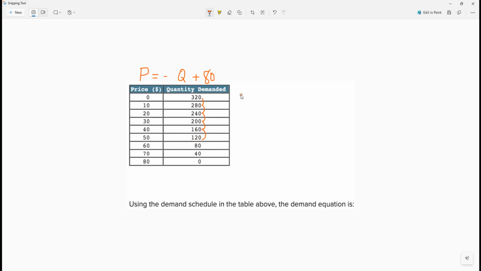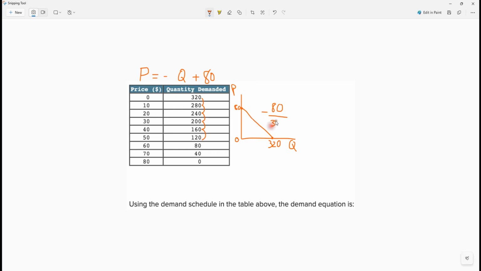Okay, so if we kind of model this, we have a line that looks like this. Price is always going to go on the y-axis. Quantity goes on the x-axis. We know that this is 80. We also know that the end of the demand curve where the price is 0 is 320. So from here to here, the rise, and it's a negative, so the negative 80